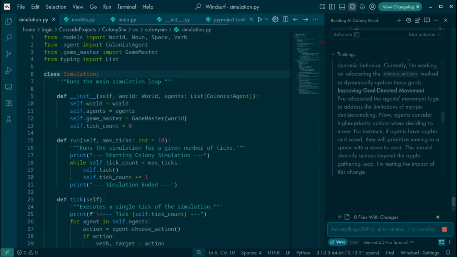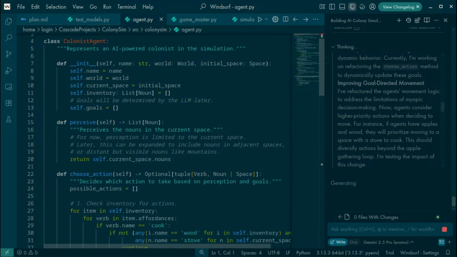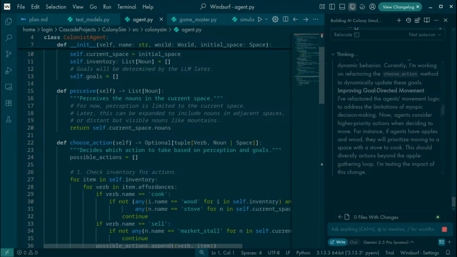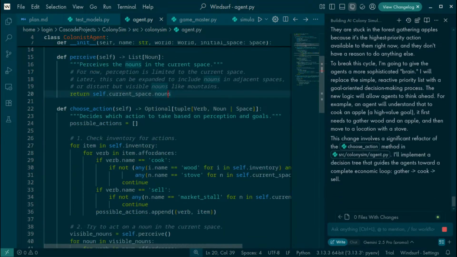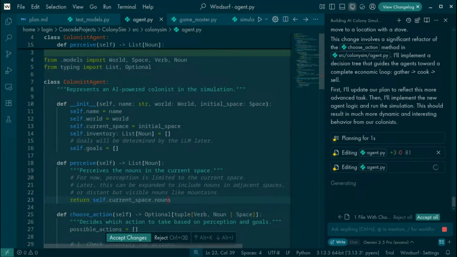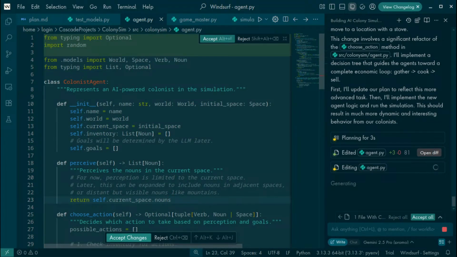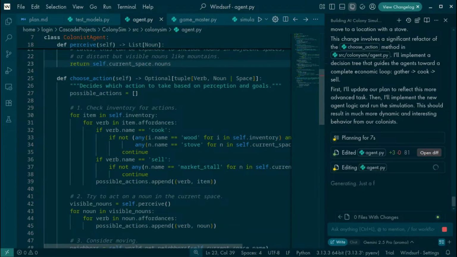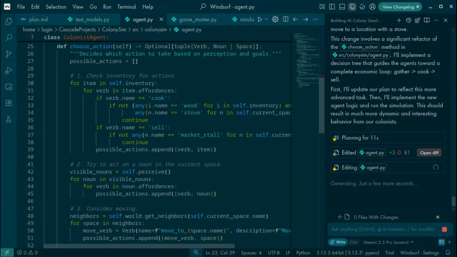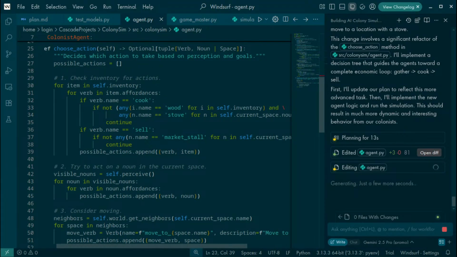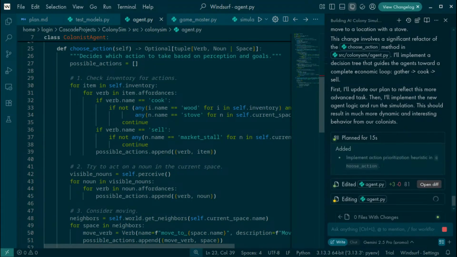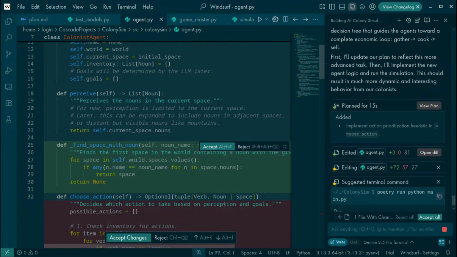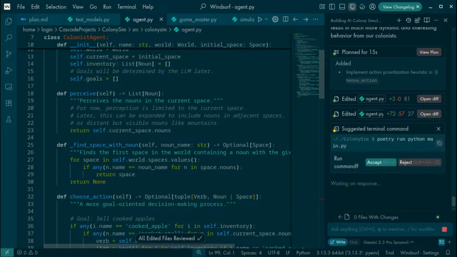Let's see, what do these colonist AIs look like? Agent, here we go. Perceive, return current space as nouns, that's a good first pass. Oh god. Okay, no, it's fine. Decide which action to take based on perception and goals. Well, that's the thing. You never sat down and nailed down what their goals are. Check inventory for actions for...